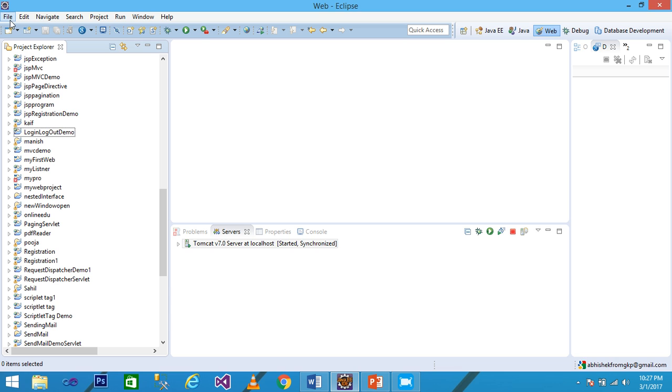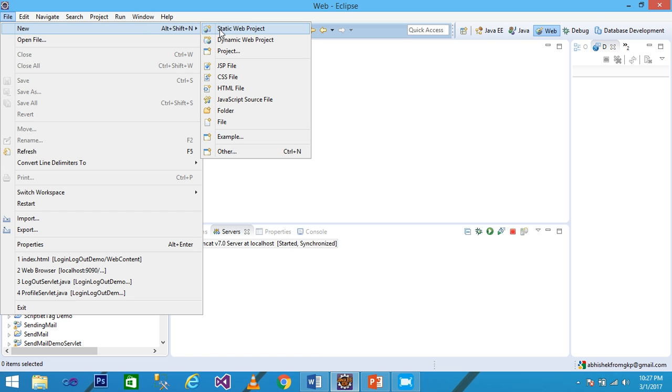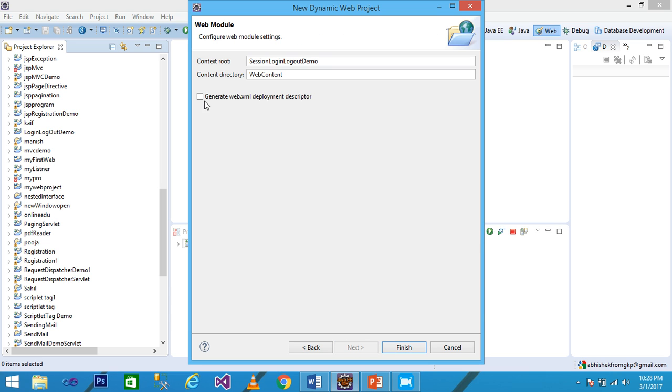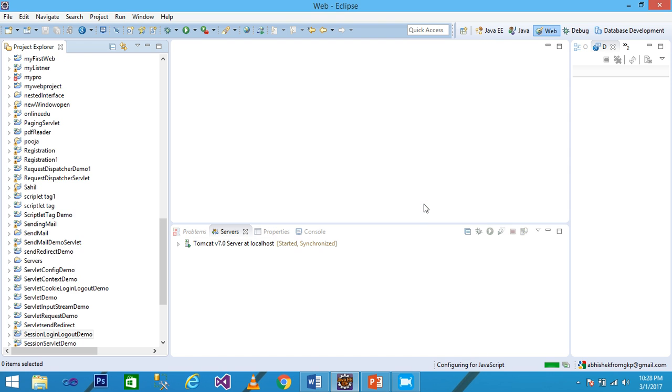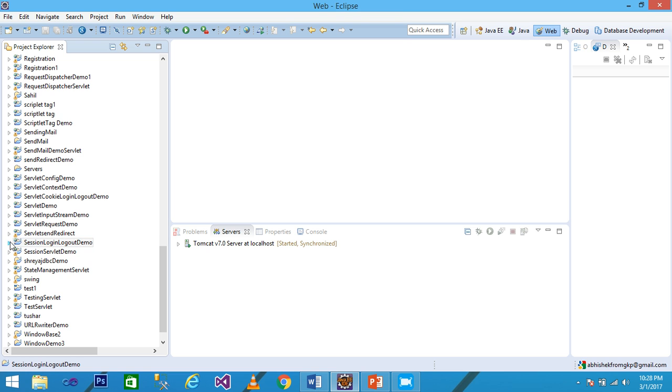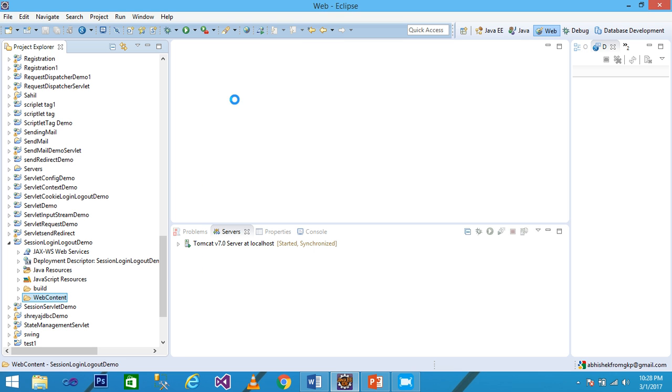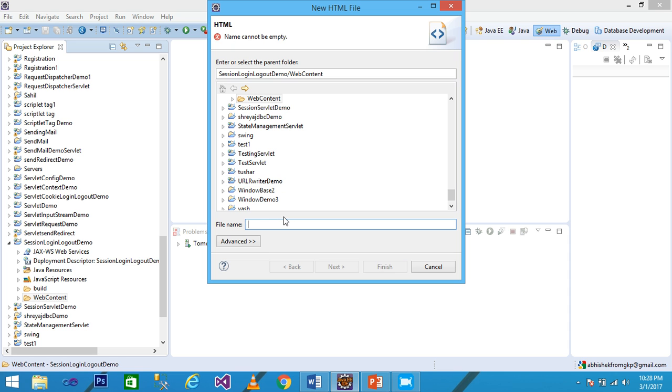I simply click on file, new, and then dynamic web project, and I write here session login logout demo, and then click on next, and I check generate web.xml deployment descriptor and then click on finish. Okay, my project is displayed under the project explorer, and I explore my project and then right click on the web content and click on new and HTML file,